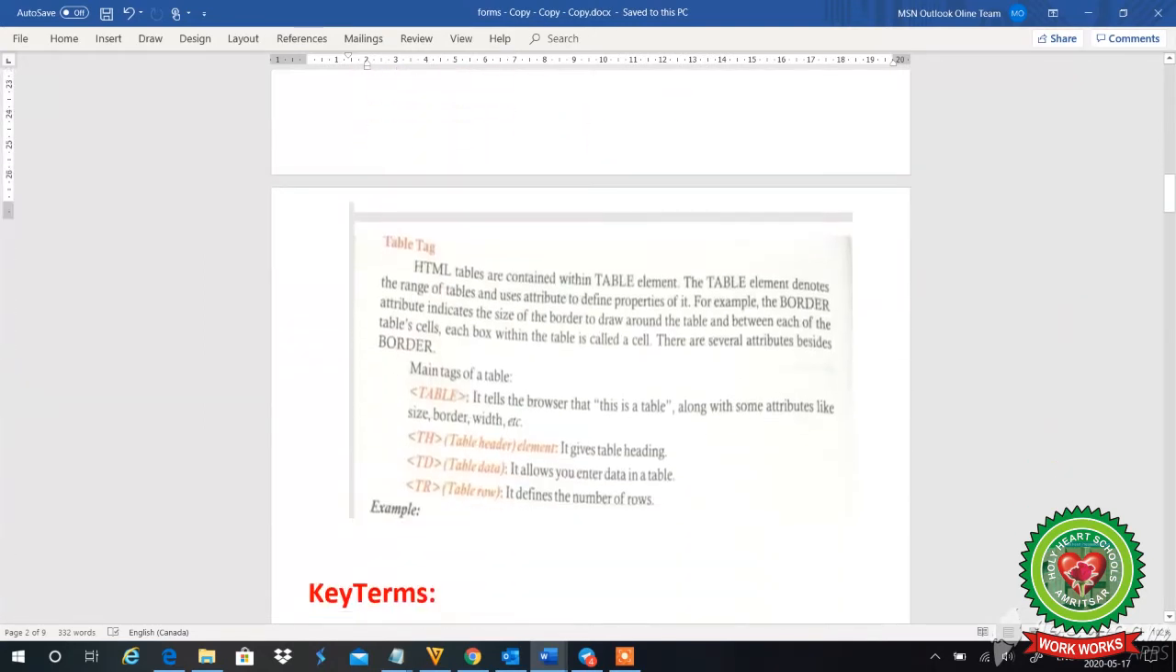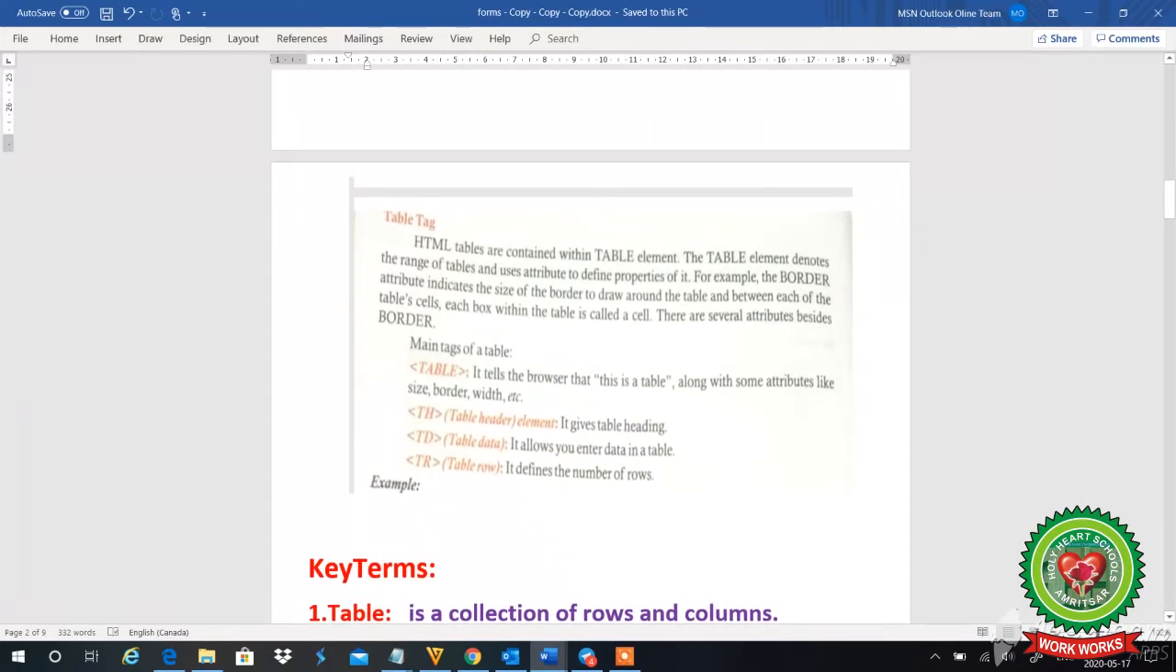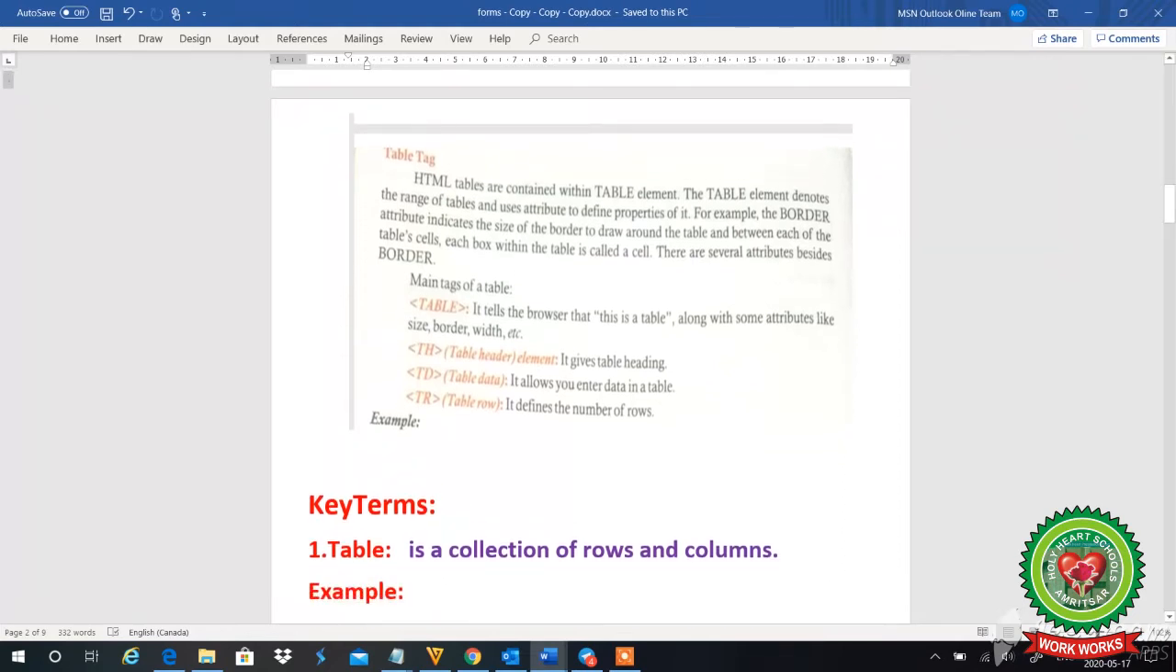So students, come to the book. In the book we have the topic tables. Students, in the previous classes you have made tables in MS Word, PowerPoint or Excel. What is a table? A table is a collection of rows and columns, and we use tables to make different